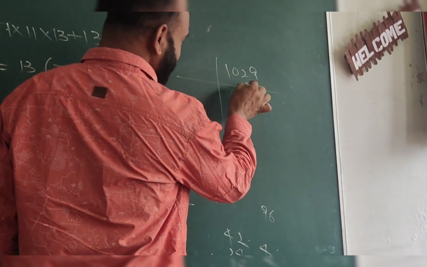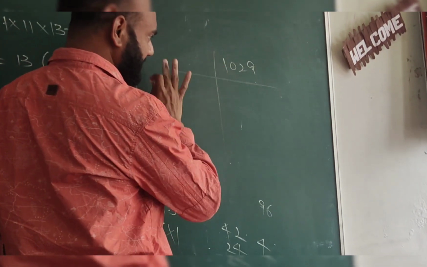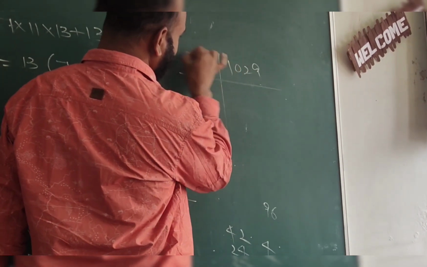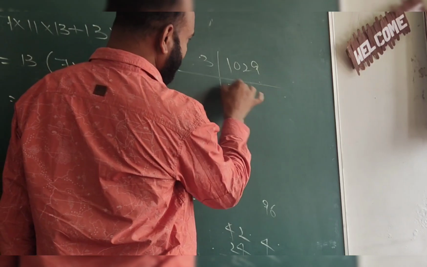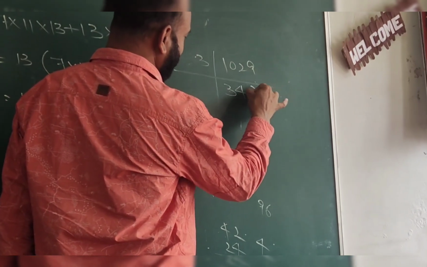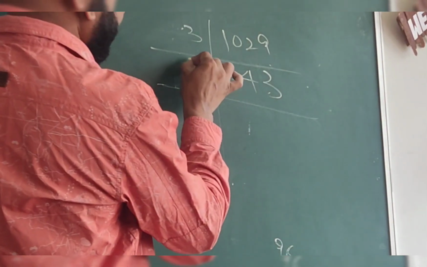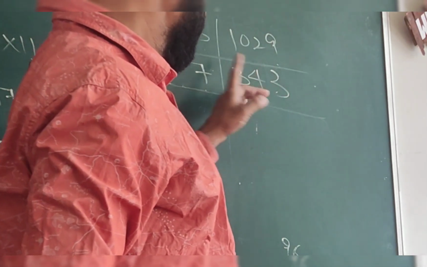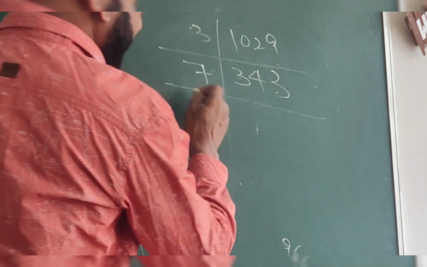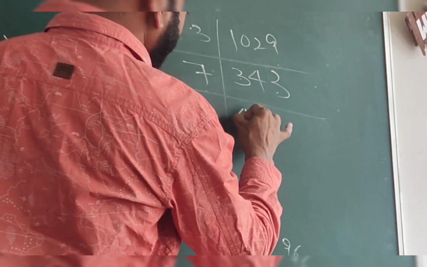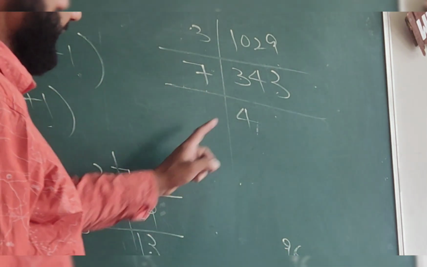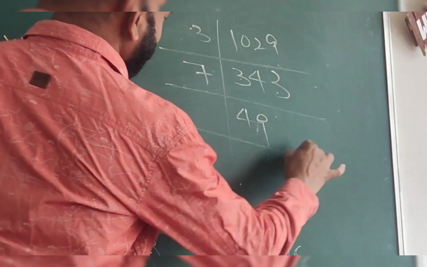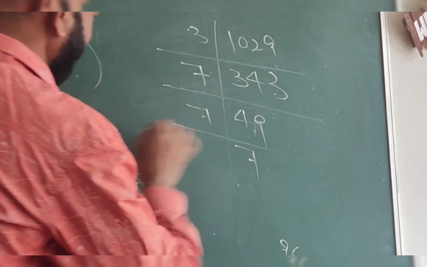1029 is not divided by 2 because it is not an even number. Okay, so we try with 3, and it is divided by 3. 3 threes are 9, next 12, 4 threes are 12, and 3 threes are 9, and this is again an odd number and not divided by 2. 343 is divided by 7. 7 fours are 28, 28 and 6 is 63... and 7 nines are 63. Next is also 7 sevens are 49.